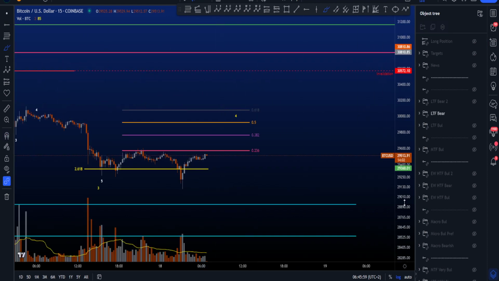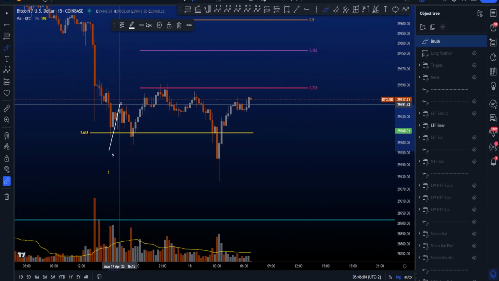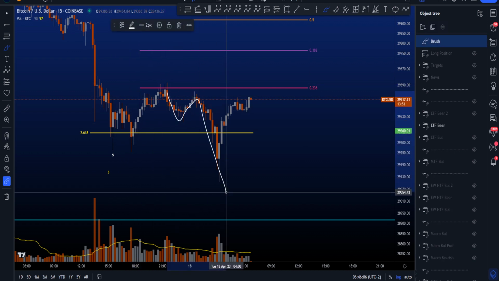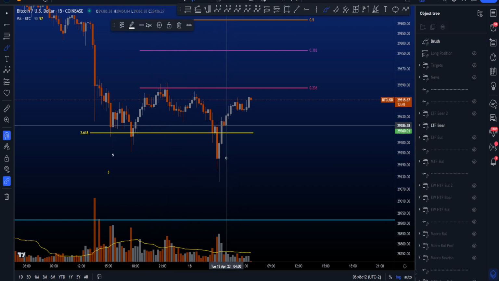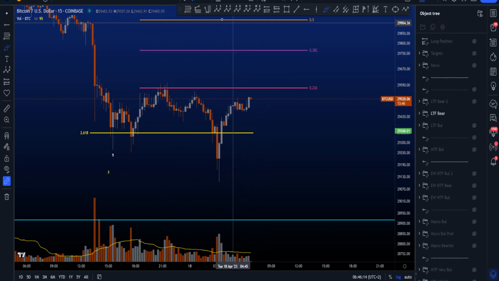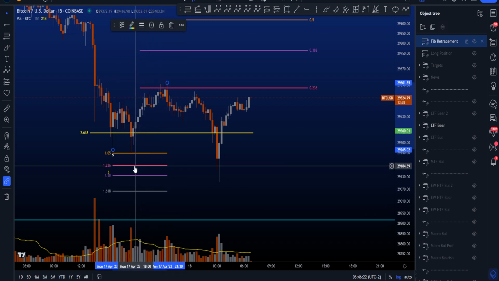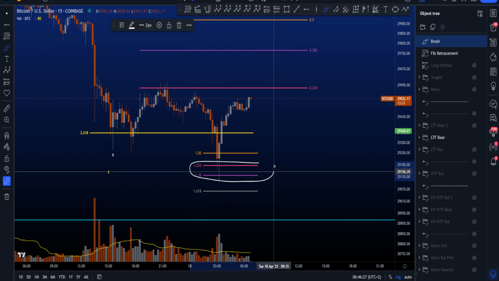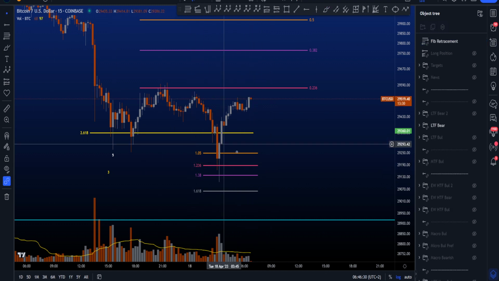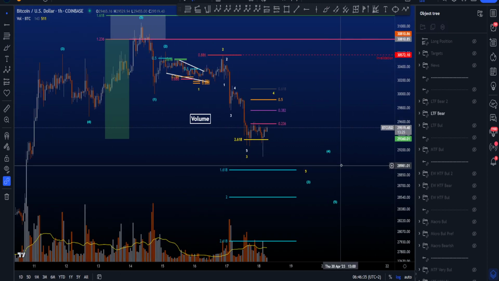So if I actually go to the 15-minute and we zoom in a little bit, then we can also say, hey, this might be a 3-wave structure. As you can see, one can count quite a clear 3-wave structure in this structure over here. And then we have a 5-wave structure to the upside in a wave C, creating an ABC. And if we pull the fibs for an expanding flat wave B, then you will see that price bounced perfectly in the most common target area for a wave B expanding flat, which is this area as well. So also on the bearish side, everything so far looks good for potentially continuation to the downside.